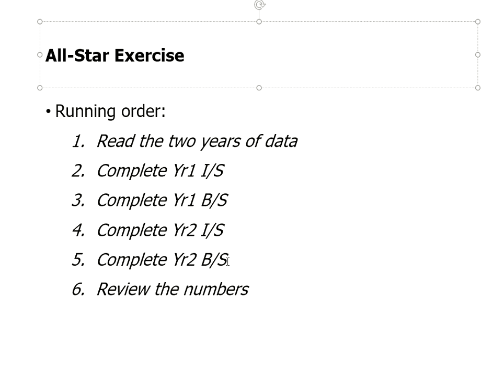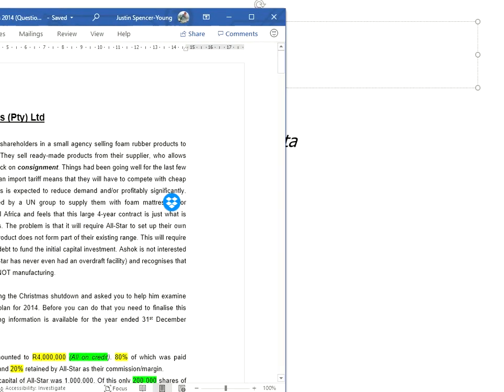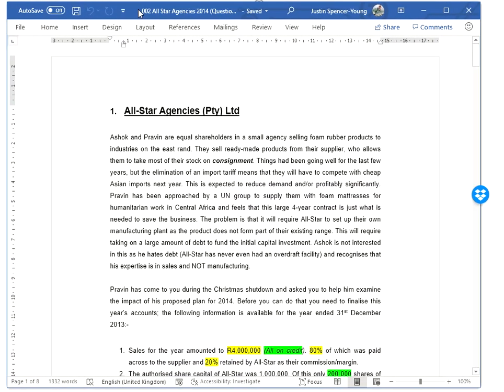The importance of having 2 years is it helps us later on in the case study when we want to evaluate the performance of this business. That's when we get to the analysis part of the course. But once we've completed these 4 different statements, we'll then review the numbers and see how your first go at this is coming along. So I'm going to pull into screen here the All-Star case study,